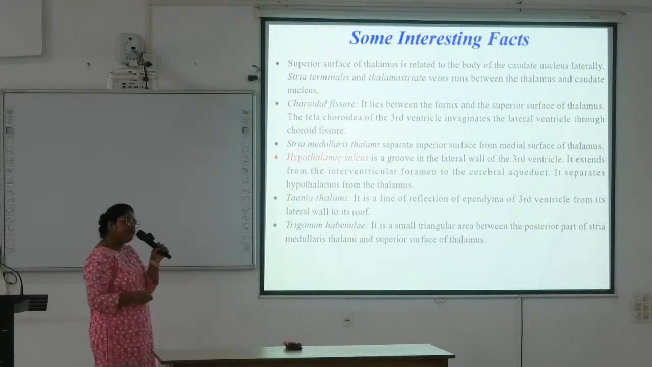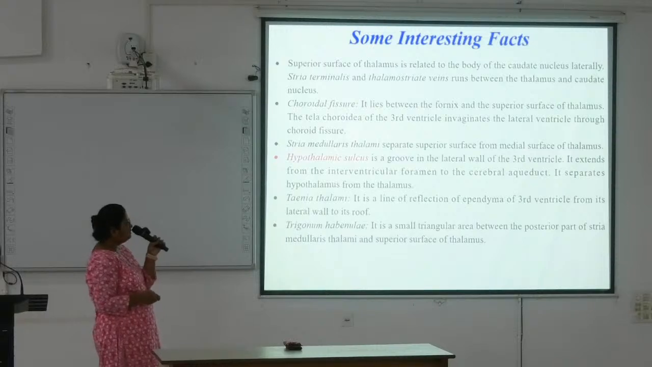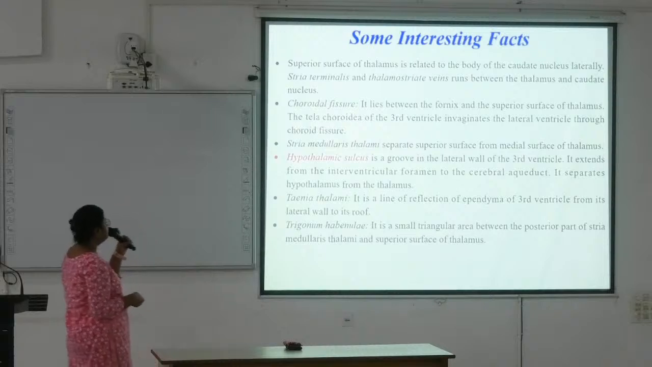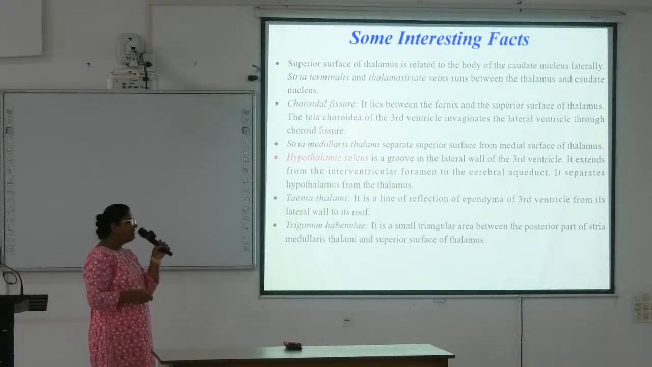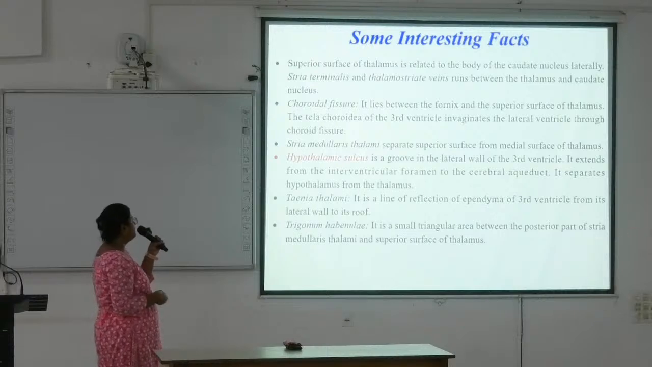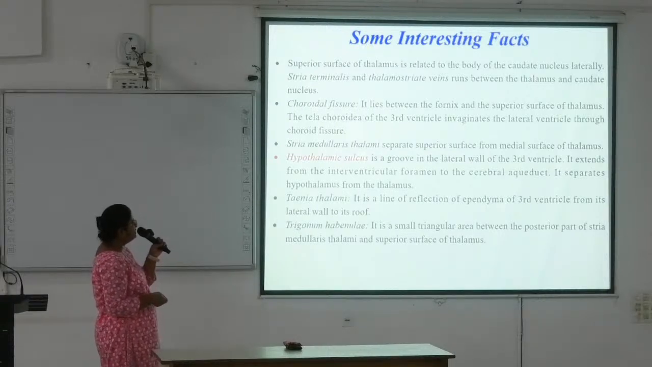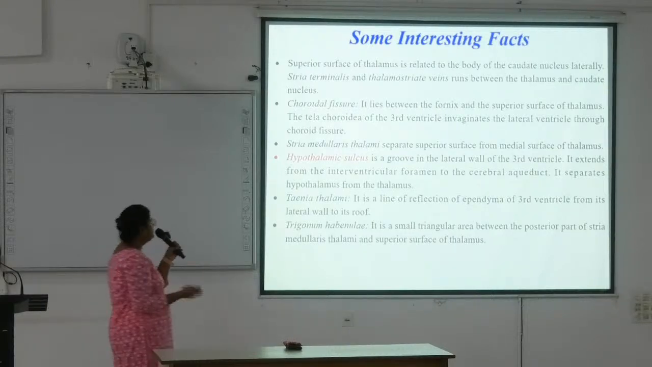Tinea thalami. What is tinea thalami? It is a line of reflection of the ependyma of the third ventricle from its lateral wall to its roof. Okay, this is known as tinea thalami. Another is trigonum habenulae. It is a small triangular area between the posterior part of stria medullaris thalami and the superior surface of the thalamus. Okay, these two are not that much important. Next,